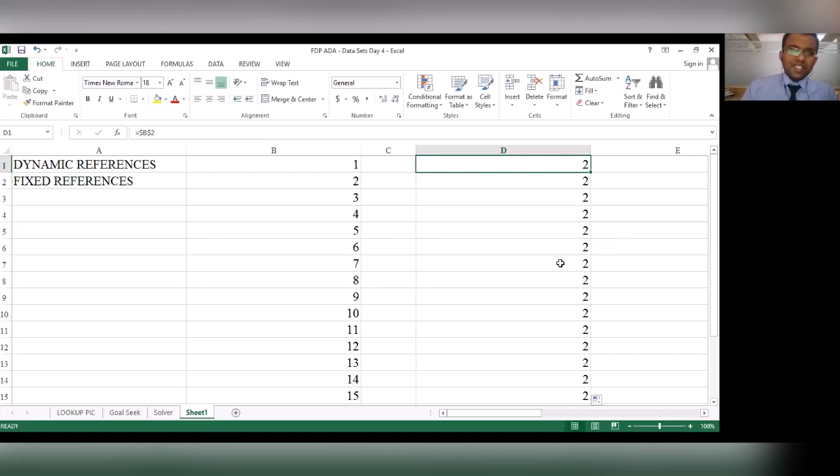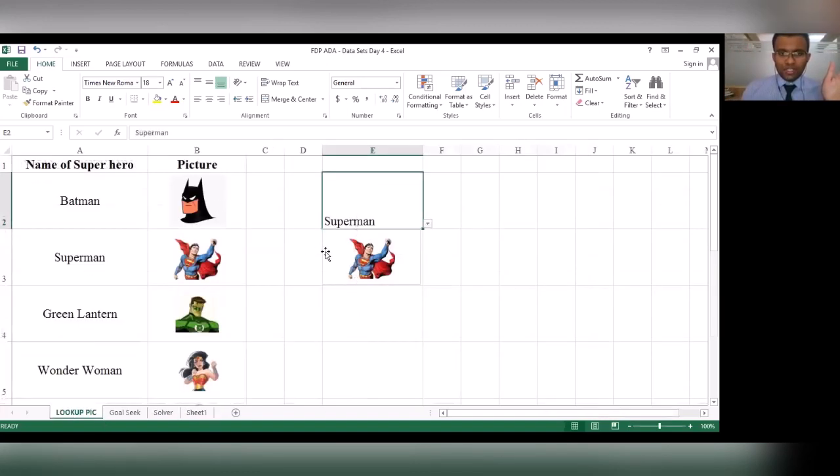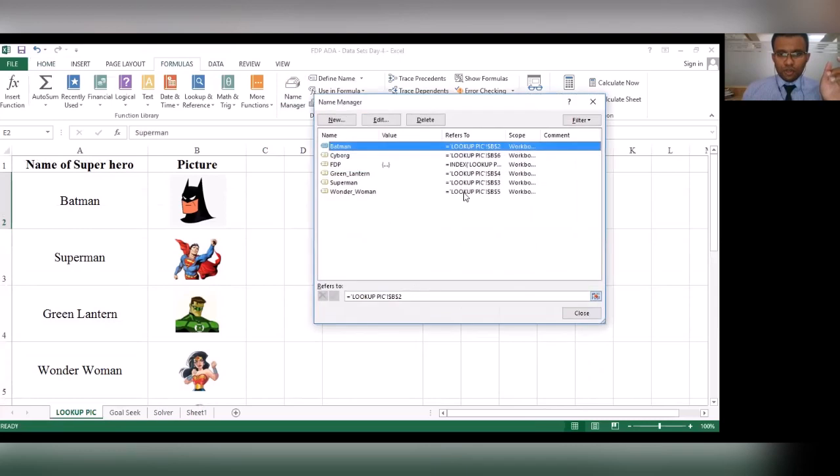Now in the previous case, those were automated options, and for that functionality to work perfectly fine, it has to be an absolute referencing, or a fixed referencing. If you go to the Pictures formula, and if you go to Name Manager, you'll notice here all the references are fixed in nature.